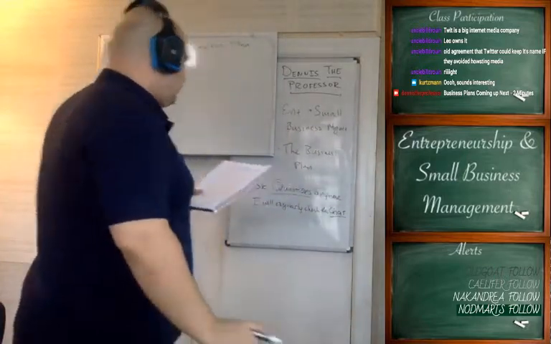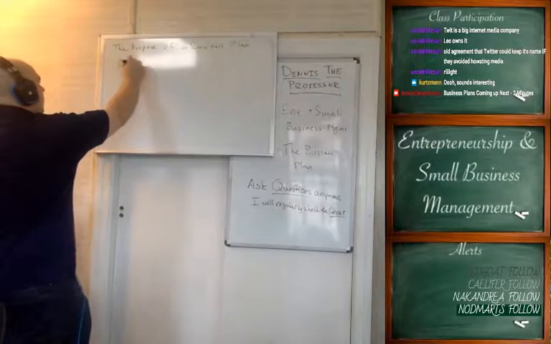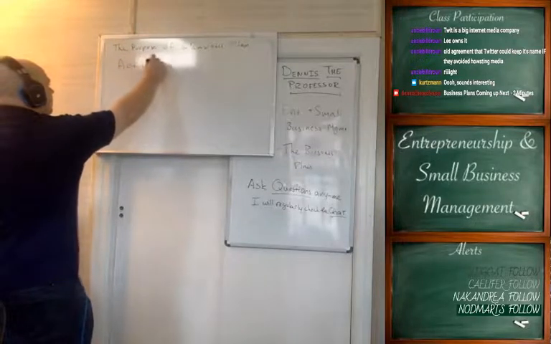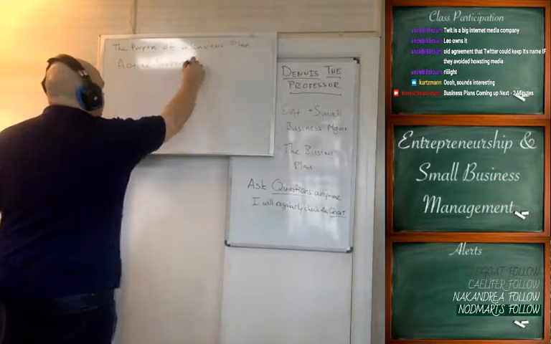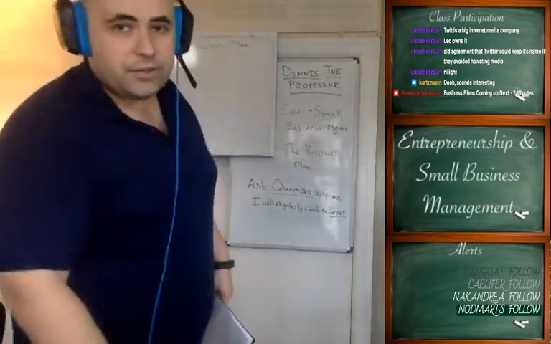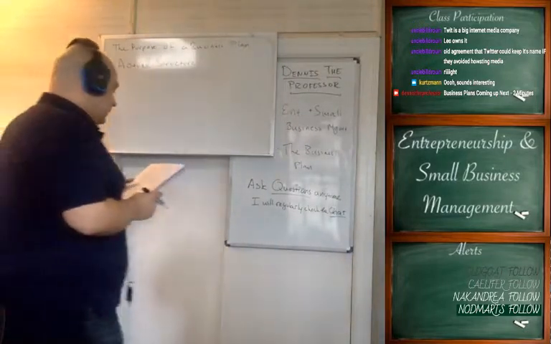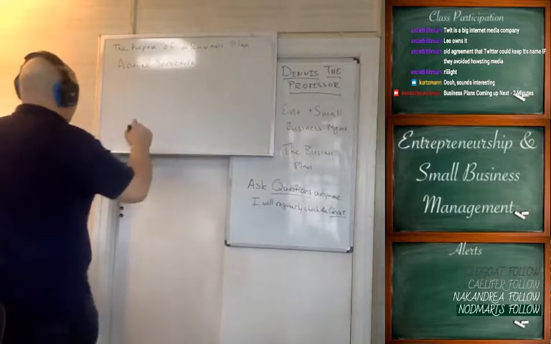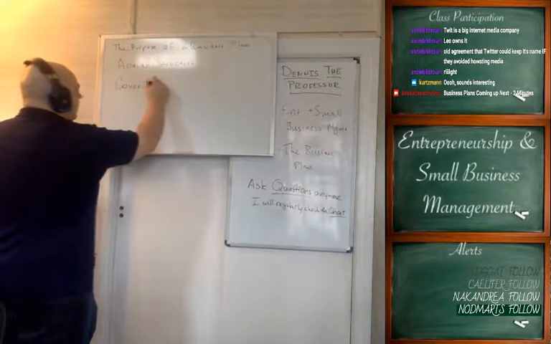So let's talk about the actual structure. What is the actual structure of a business plan, right? So before I begin this, I'm just going to take a look at the chat, see if there are any questions. If you guys have any questions, feel free to ask them as we go along. But I think a lot of this stuff is relatively self-explanatory, and I try to go into as much depth as I can without being repetitive, right?